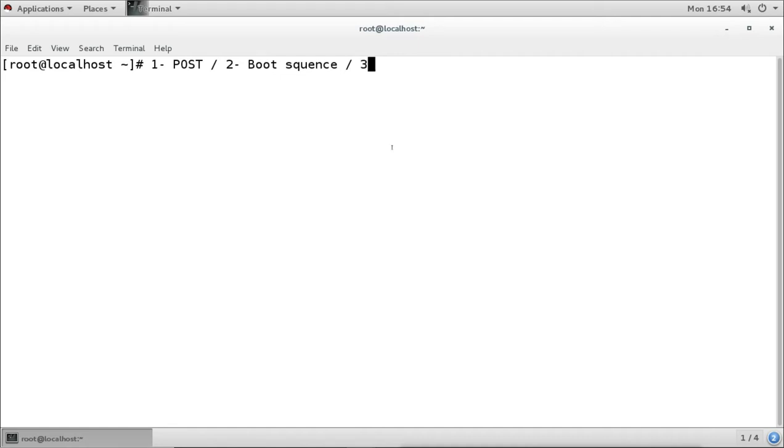It will go to the hard disk and check the MBR. MBR is the master boot record, a space of 512 bytes. Every operating system puts its bootloader file into that place. That place is called the MBR, master boot record. It is the first sector in our hard disk.